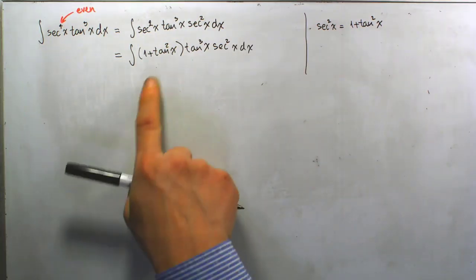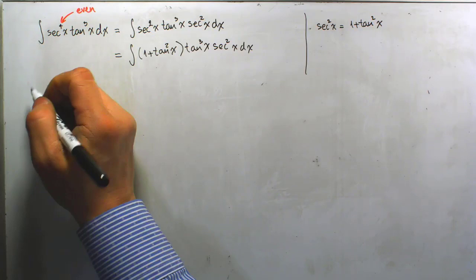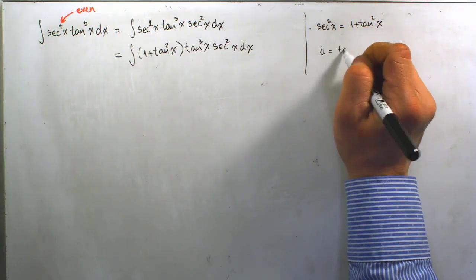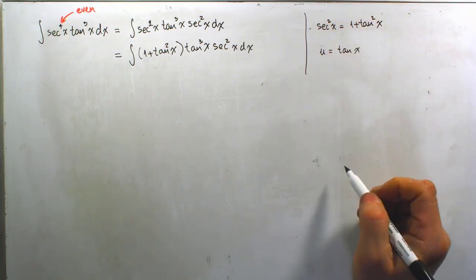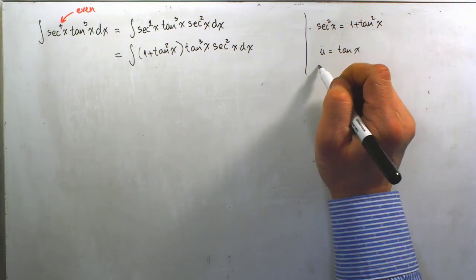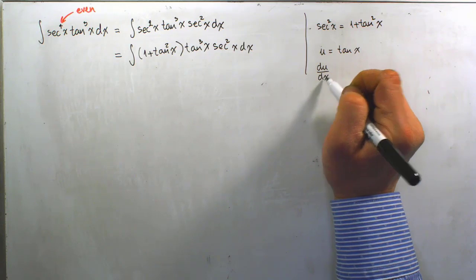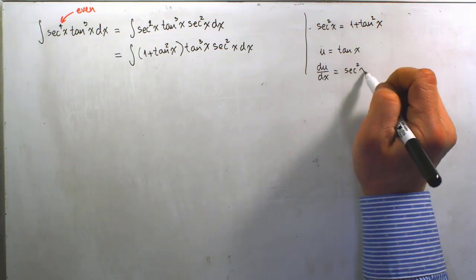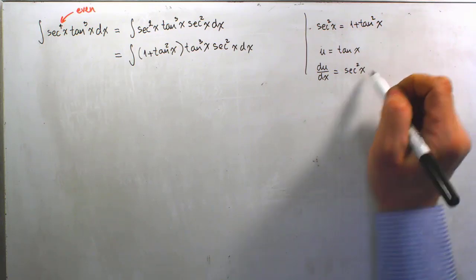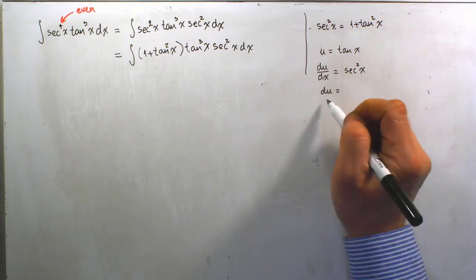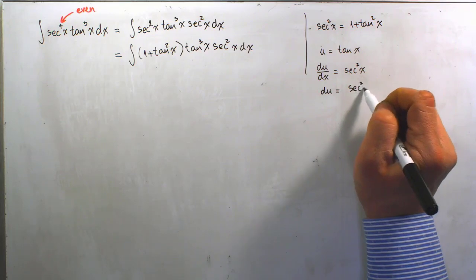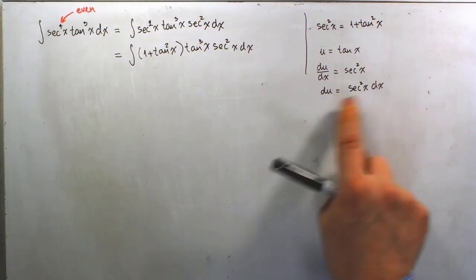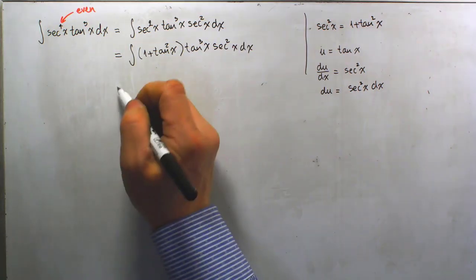And so now in my next step, I am going to substitute u for tangent of x. And so in that case, in this way right here, du/dx will equal secant squared of x, which will in turn become du equals secant squared of x dx after rearranging the differentials dx and du. So now the integral will further become